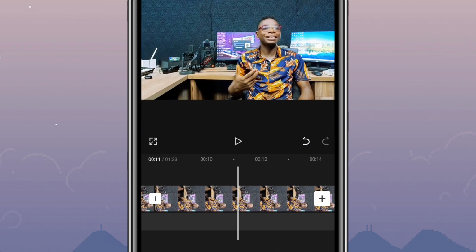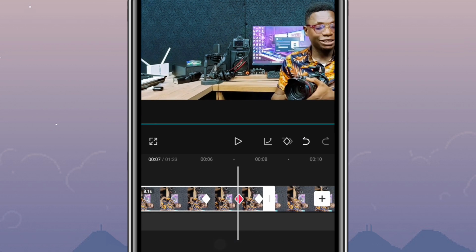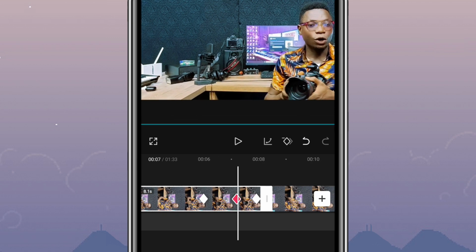All right, so if you drop a keyframe and you don't like it any longer and you want to remove it, you can just go to the keyframe. Once your keyframe turns red, that means you are exactly at the position of the keyframe, and so you can hit the diamond sign again, the keyframe symbol here. You can see it no longer has a plus, it now has a minus, meaning if you click it, this keyframe is going to disappear. I don't want to click it because I did an action there,